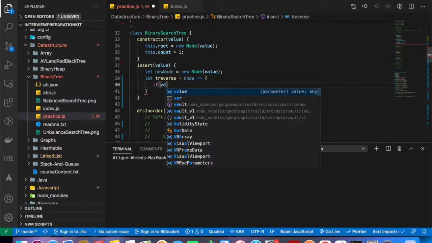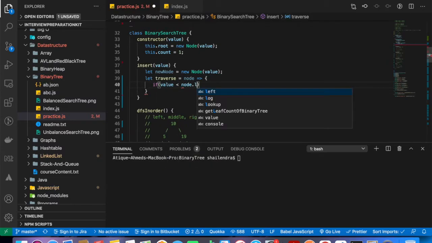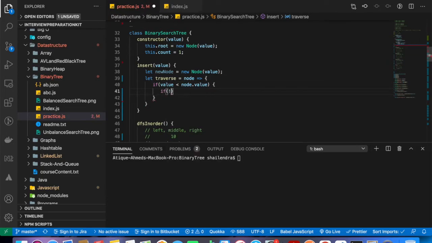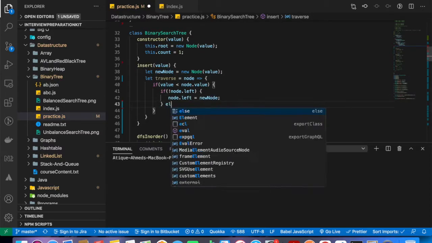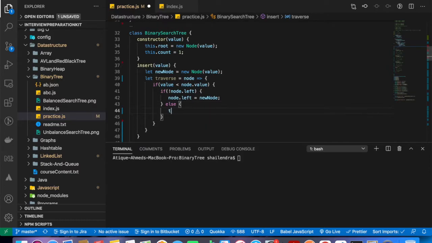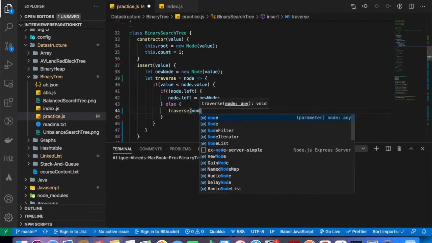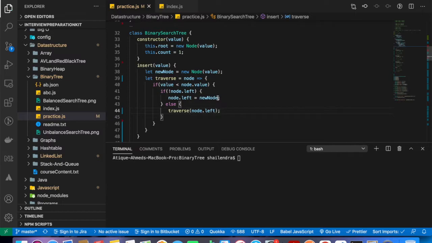If your value is less than node dot value and your value is not equal to node dot left, then what you need to say, node dot left equals new node, or else traverse of node dot left.